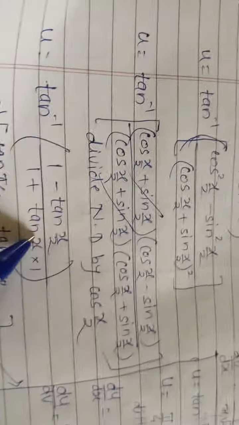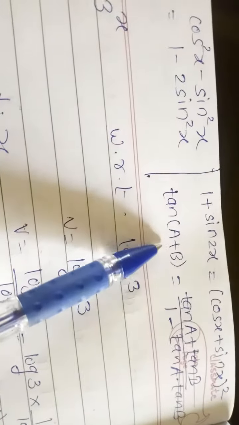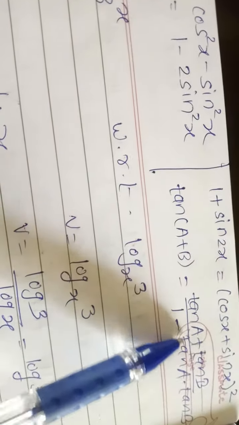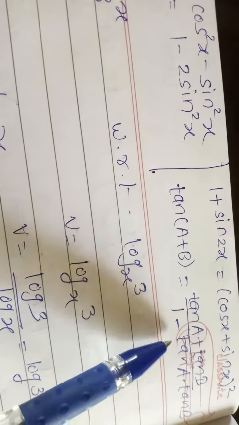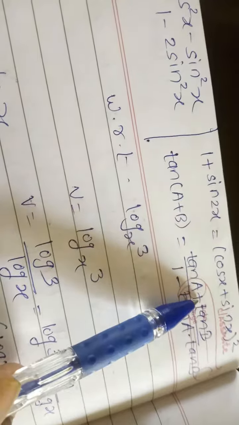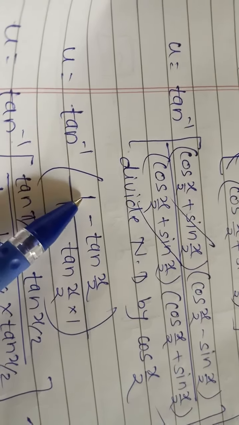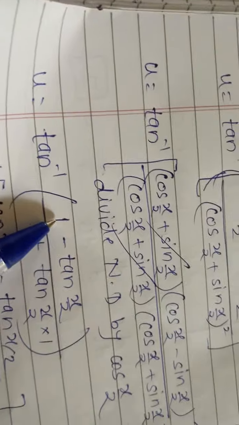So यहाँ पे हमें एक फॉर्मूला मिलेगा, we learned it in the previous example, that is tan (a plus b) is equal to tan a plus tan b upon 1 minus tan a into tan b. और अगर यहाँ पे माइनस होगा तो यहाँ पे भी माइनस होगा और नीचे प्लस होगा. तो हम यहाँ पे जो फॉर्मूला देख रहे हैं वो कौन सा है, that is tan (a minus b) का है. So आपको पता है that tan pi by 4 is 1, so we are going to put down the value of 1 as tan pi by 4 to match with the formula.